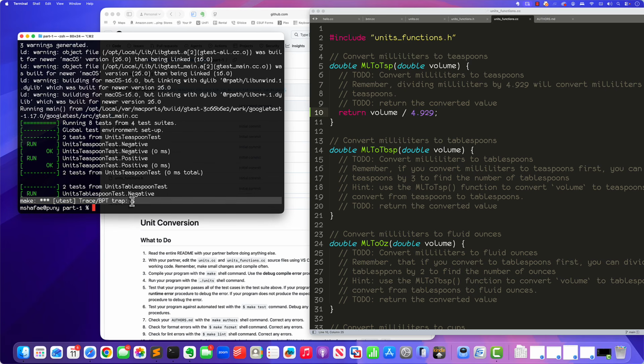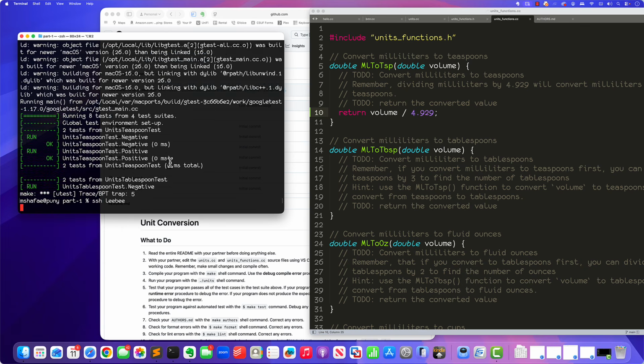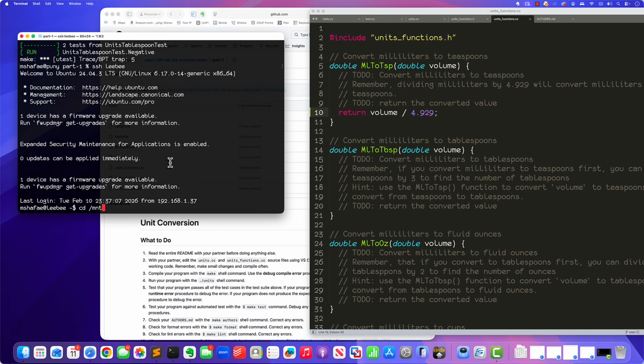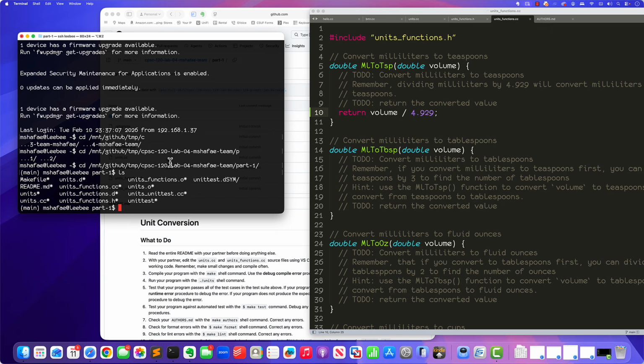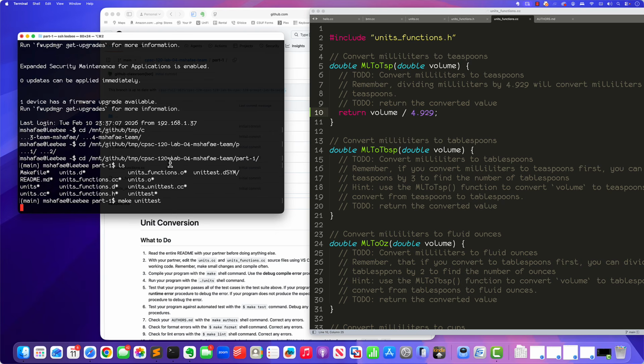For some reason, this has failed, which is unfortunate. I did not test this ahead of time. I just assumed it would work. But I can hop over to my Linux computer and go to the same folder that we have here. And I can show you that if I type make unit test,